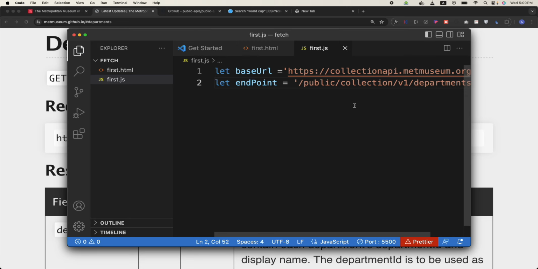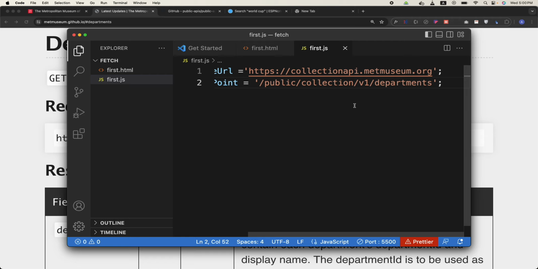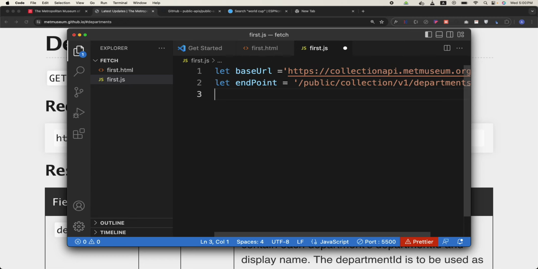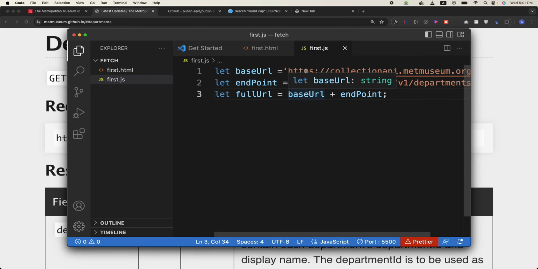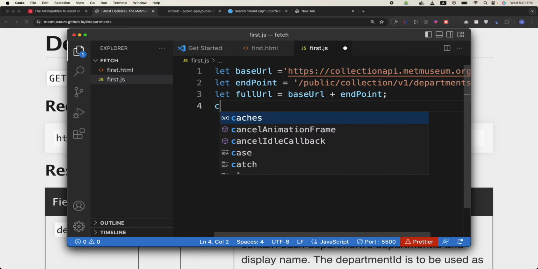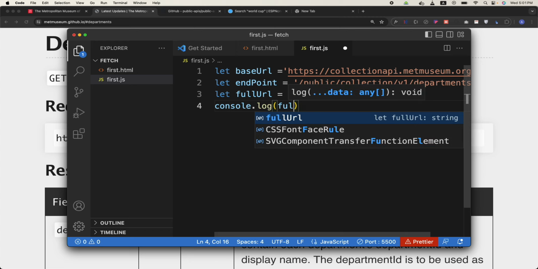So what should be the final URL? Anybody? If this is the website URL or base URL, and this is the endpoint, we need to concatenate this with this. So the complete URL will be: let fullURL equal baseURL plus endpoint. This is concatenation. This text and this text will be added together. If I just console.log fullURL now,